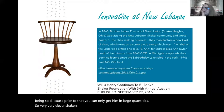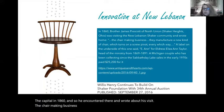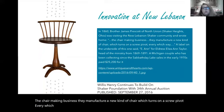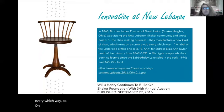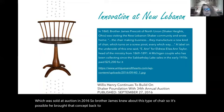Brother James Prescott went up to New Lebanon, the capital, in 1860. And so he encountered there and wrote about his visit the chair making business. They manufacture a new kind of chair, which turns on a screw pivot every which way. So on the left is an example of just such a chair, which was sold at auction in 2016. So Brother James knew about this type of chair, so it's possible he brought that concept back to North Union, but I've never seen an example of it,